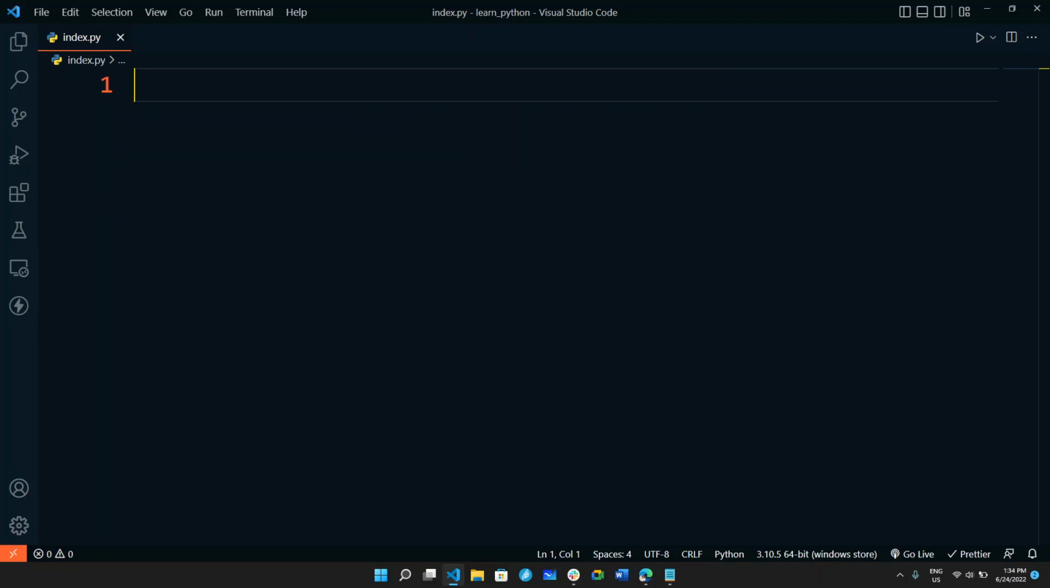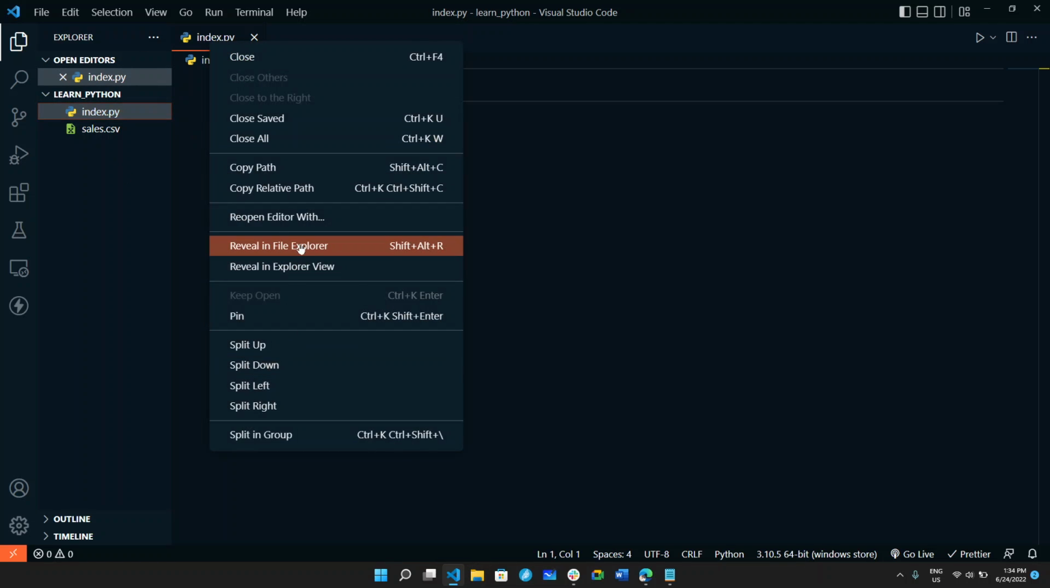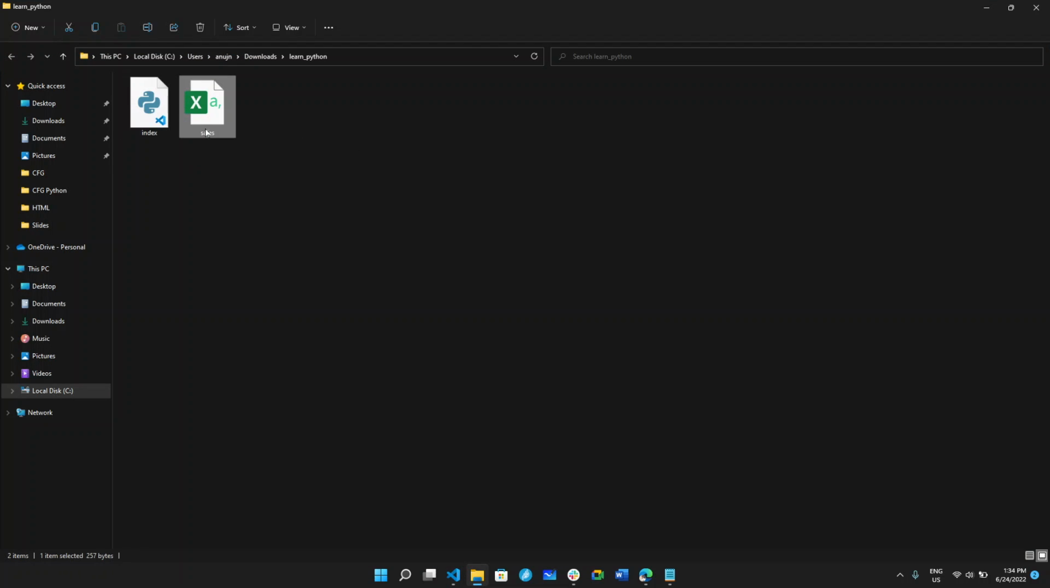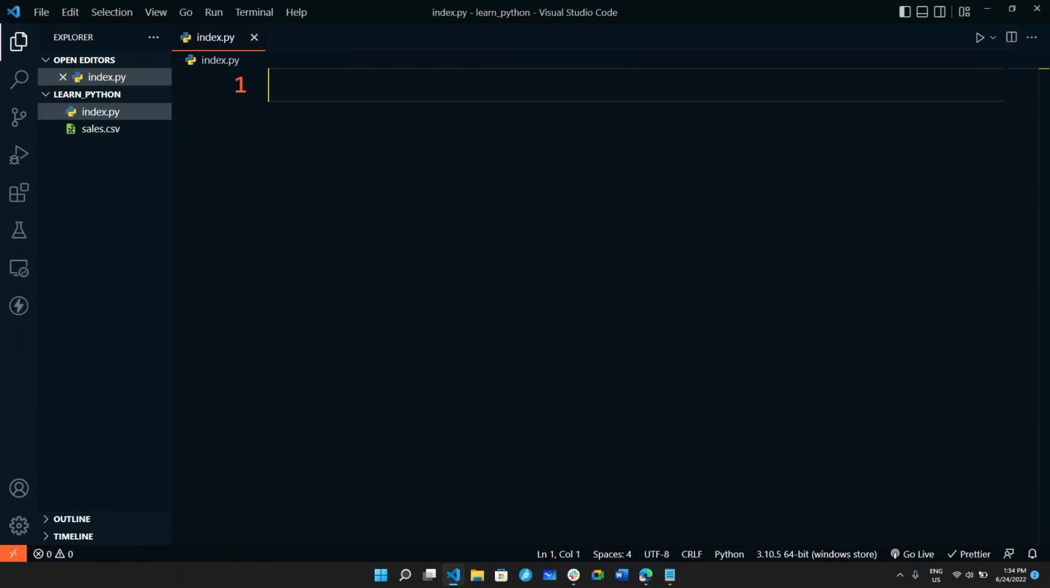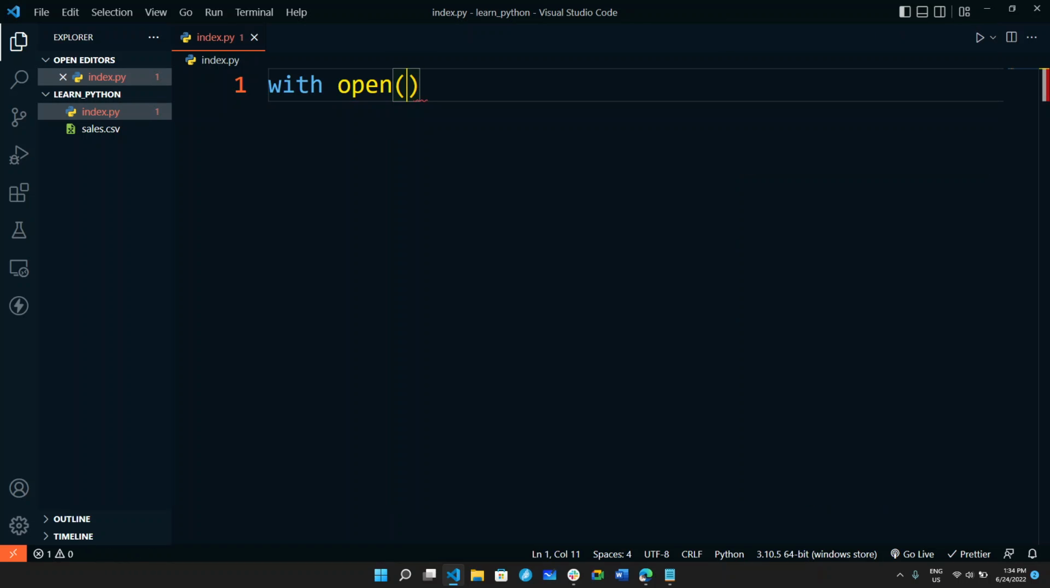The first thing I will do, and you can see that when I create a file, by default it will come here, in this folder. Let me show you this folder, reveal in the file explorer, and you will see I have only two files here, index and sales. So let me go back. The first thing is I will create a file. Open is a function, a special keyword. You should write it like this. Then in the quotes, I will write the name of my file. It could be really anything. Let's say menu.txt,